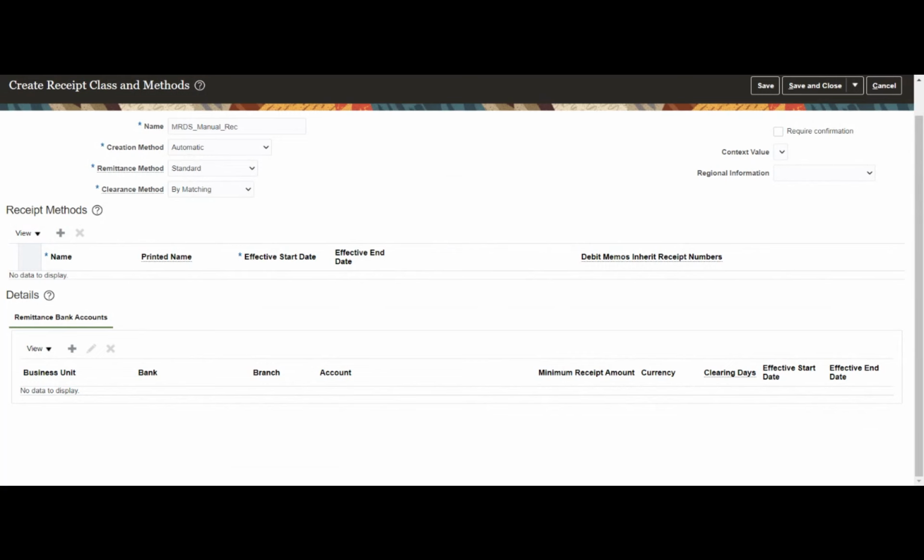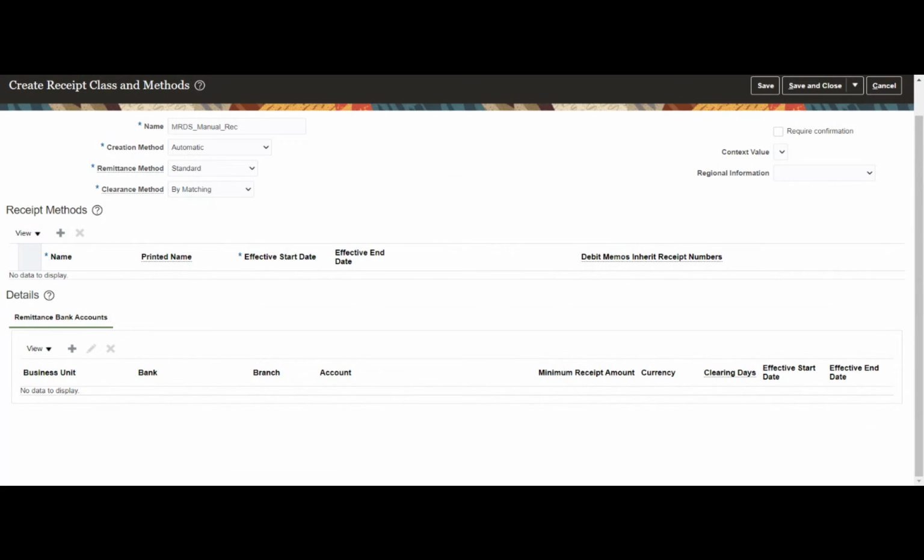The other part is factoring. Factoring is a kind of short-term debt where we submit our receipt, and with this receipt, the bank is going to give us probably 20% or 40% of the amount. That is based on the agreement the company has with the bank.